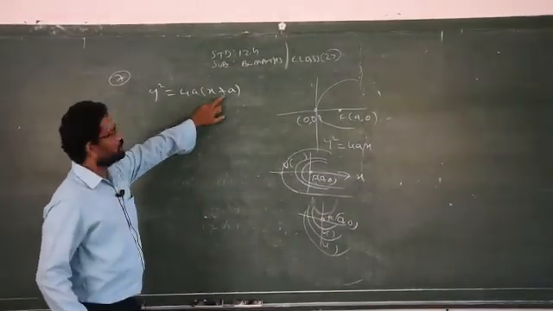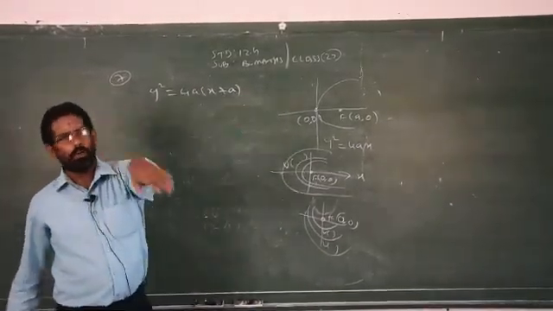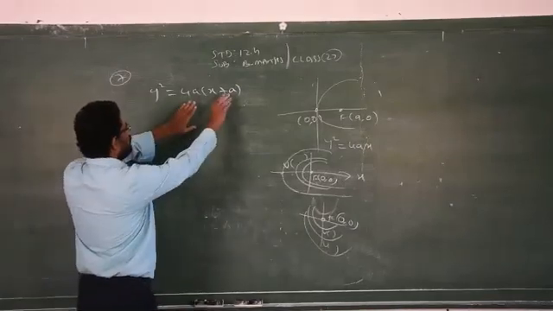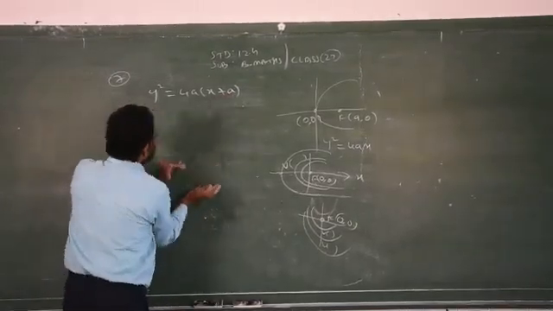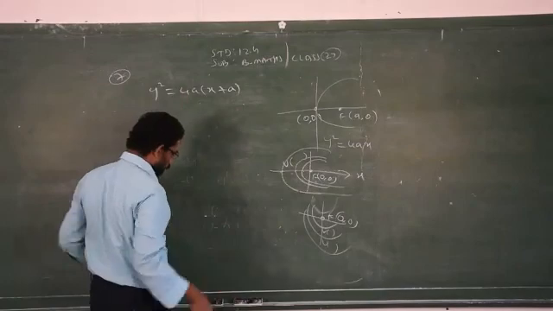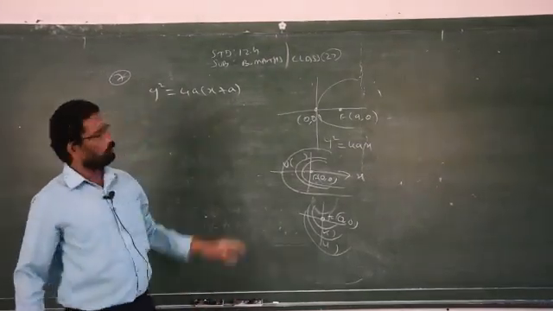Here there is only one constant. Therefore, you have to differentiate how many times? 1 time. From that you can find the value of a and substitute the value of a in this equation. You will get the answer. Clear? So try this one at home.